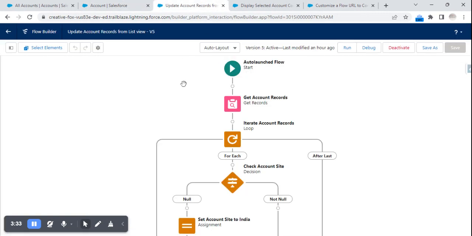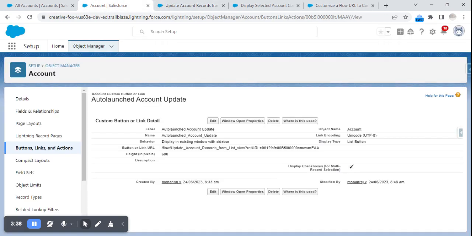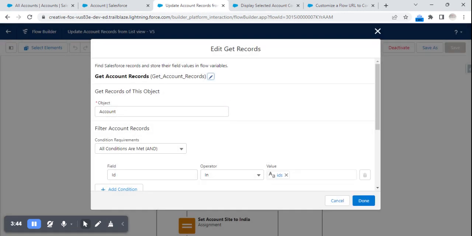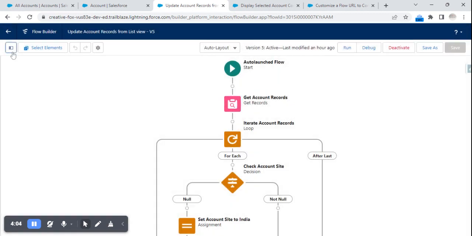Coming to the flow which we called here, this is the auto launched flow, as I already mentioned. In order to pass the selected records inside the flow, we need to create a record input variable. The record input variable should be a collection type if we are going to pass multiple records, and the name should be a unique one. It should be IDS. It should not be anything else. It should be IDS,